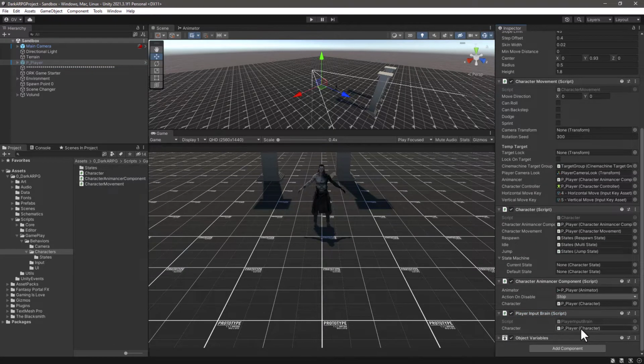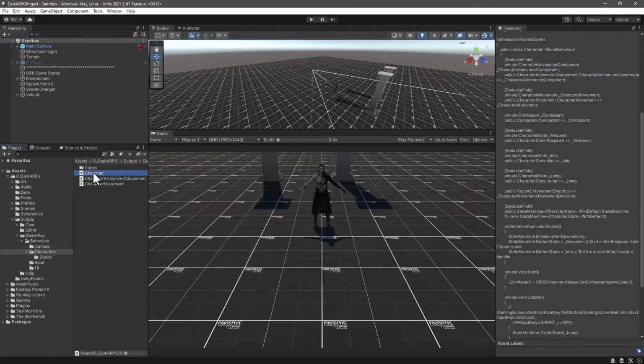So let's start by opening up the character script to start moving the jump state from here,